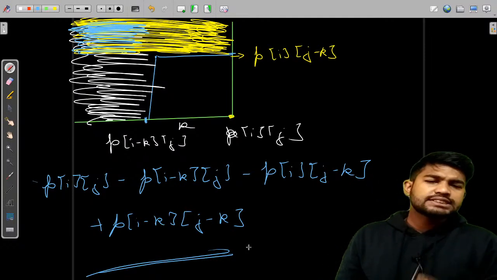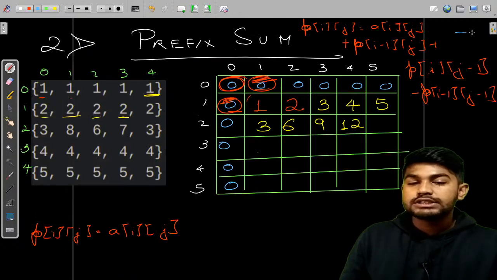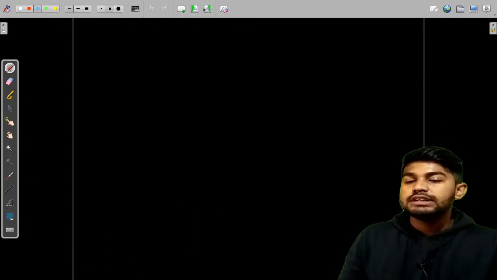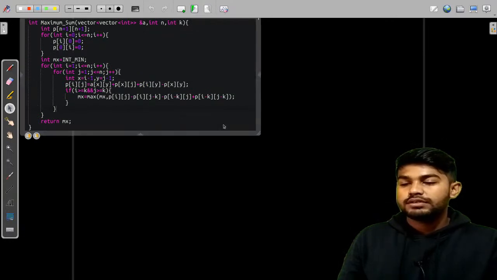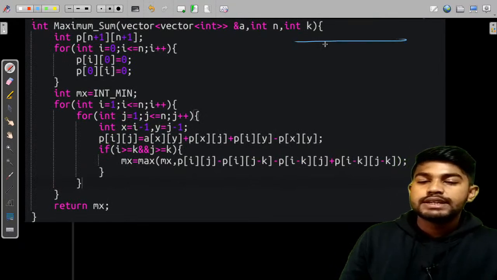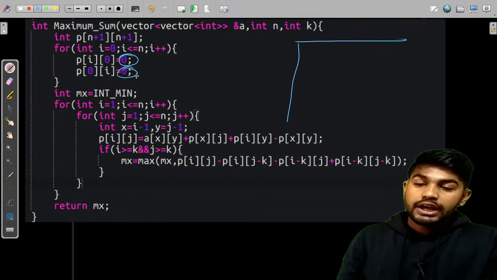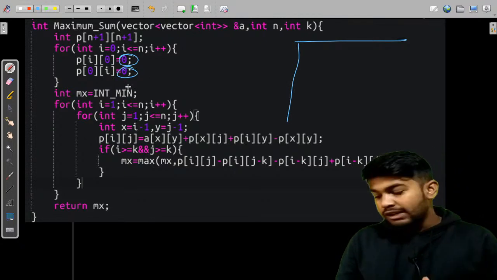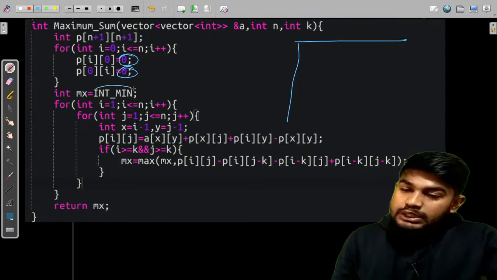Now after this is understood, we only want these two equations, this equation and that equation. Now this question has become very easy. What we would do is fill up this element and this element with 0. We did that, so 0 and 0. Then, as the currency can be negative also, we are taking the minimum